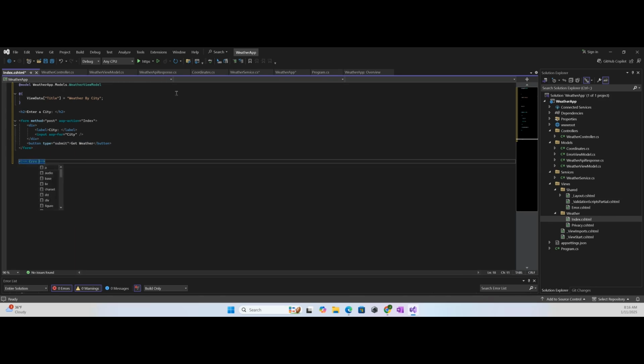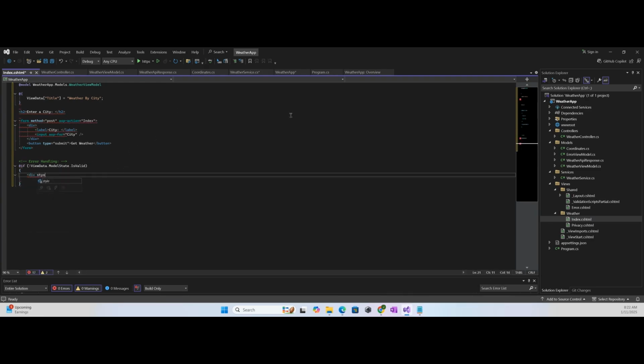Let's just add a little bit of error handling to the page here. So let's check to see if there are any model state errors. Then we'll just do something very generic there, and we can of course come back and update that at any time. Okay,